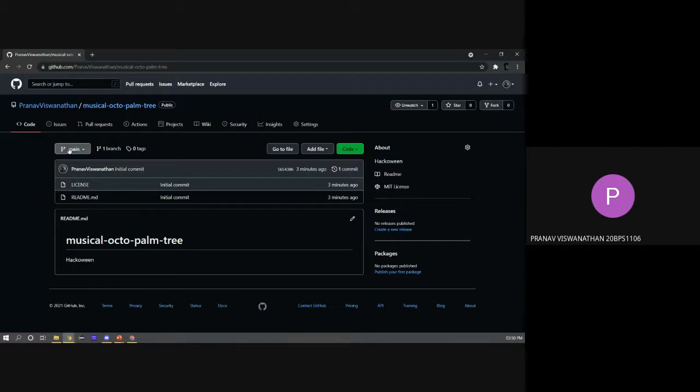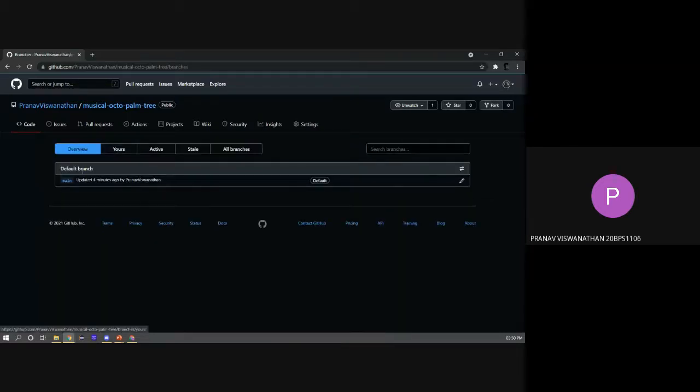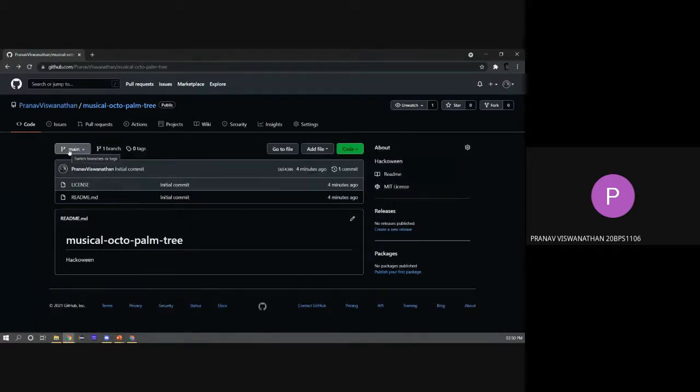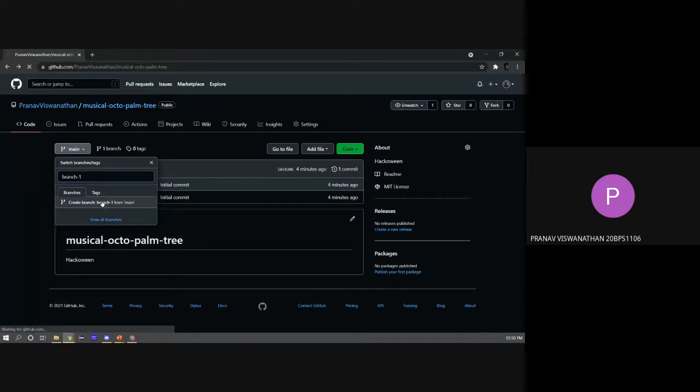For that, at the moment, we have only one branch over here, the main branch. To create a new branch, all you have to do is click on this drop-down menu over here, and you can choose to create a new branch. I'm going to name it branch one, and create the new branch, number one, from main.